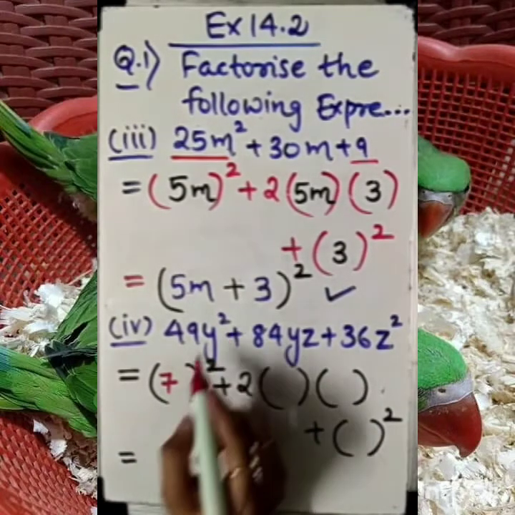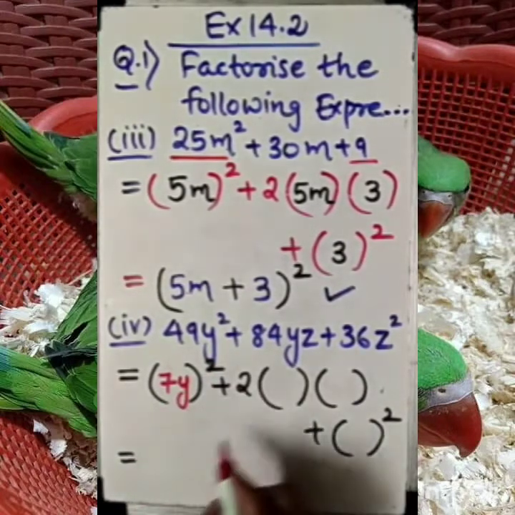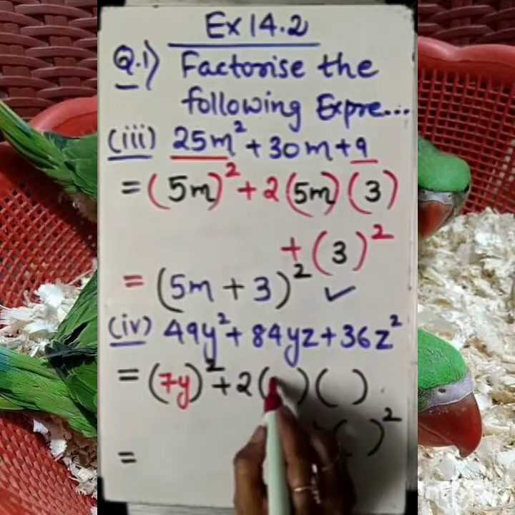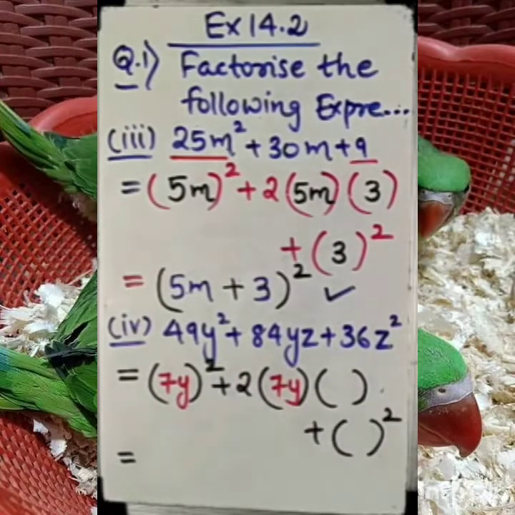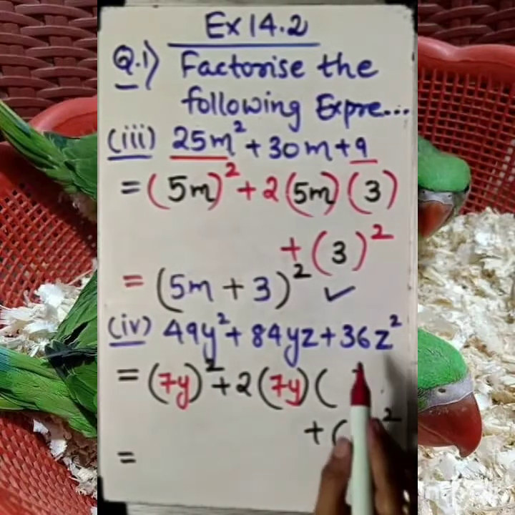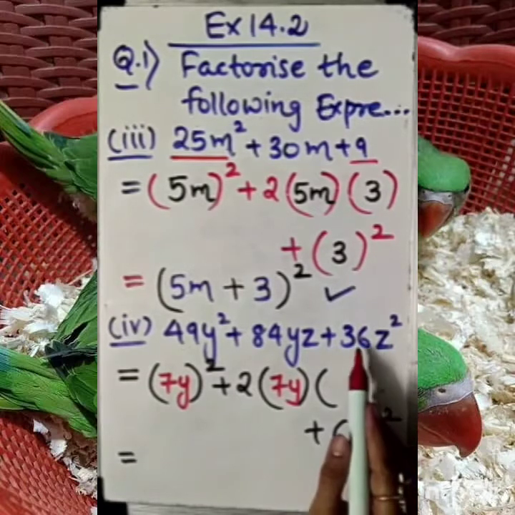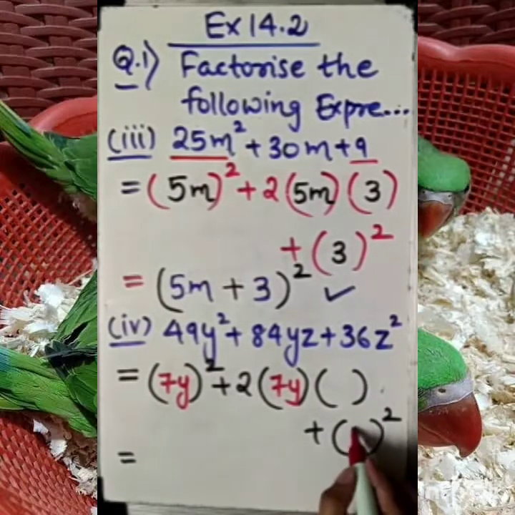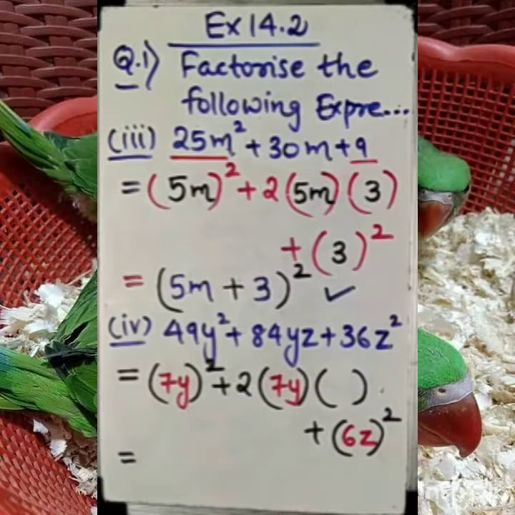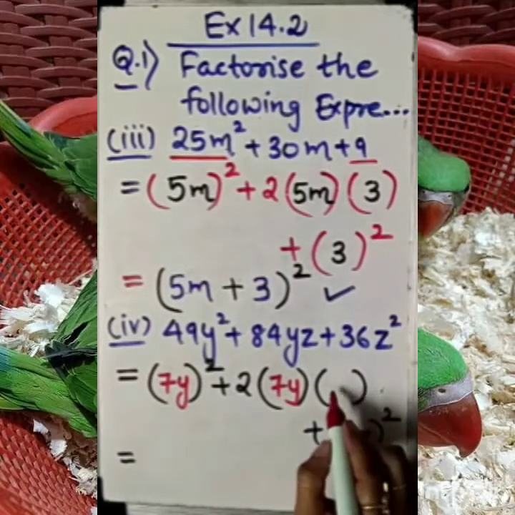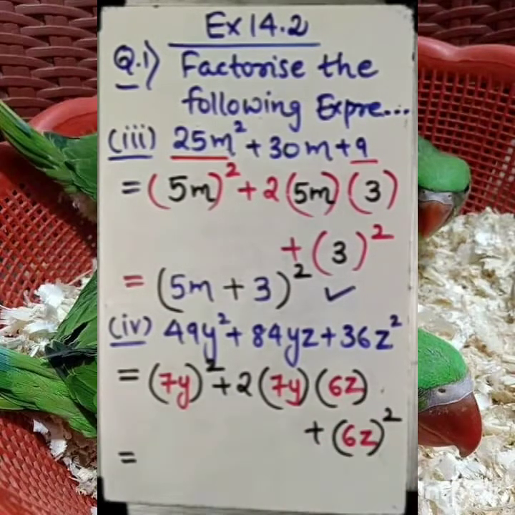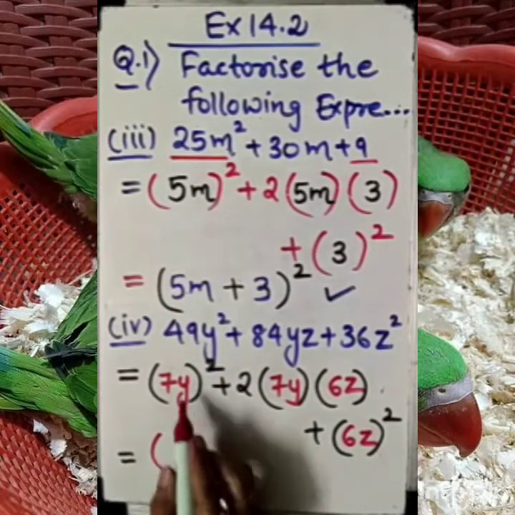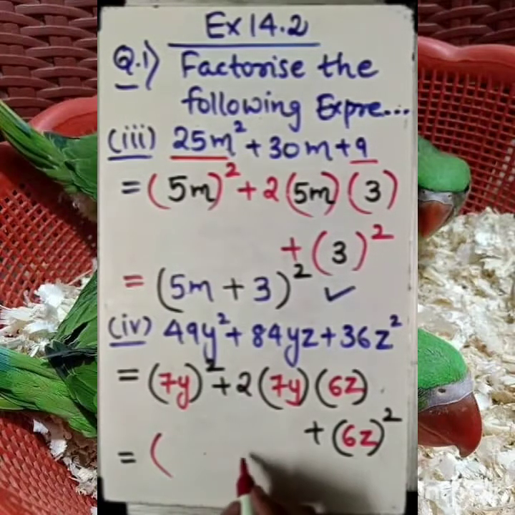Y square along with that. So here I need to mention y. The 7y means a, the first term, as it is I am mentioning. What about 36z square? 36z square is a perfect square of 6z. Right? This is b. The same thing I am mentioning here, 6z. Clear to you? So dear student, as according to the identity a plus b whole square.